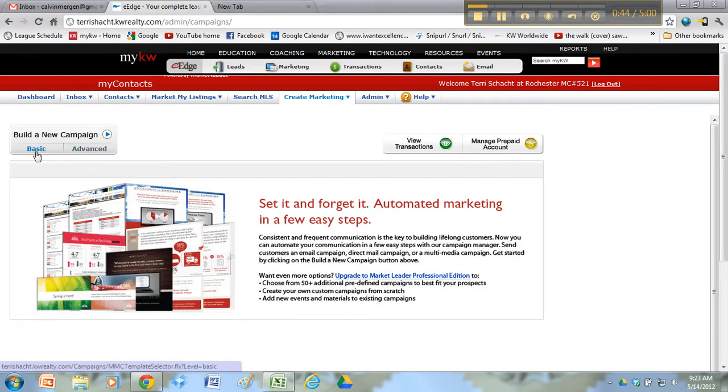We can do it in basic or advanced. Basic is just going to set it up the way it is. Advanced is going to give you a few more options to maybe go in and customize some of the pieces if you want to. But we're just going to do the very basic. We just want to get our 8x8 for seller, our 8x8 for buyer, and then our 33 touch set up so we can add clients to those campaigns. So from here, build a new campaign, then just go to basic,